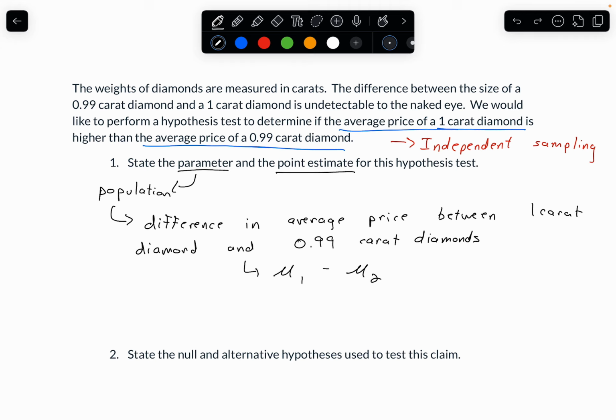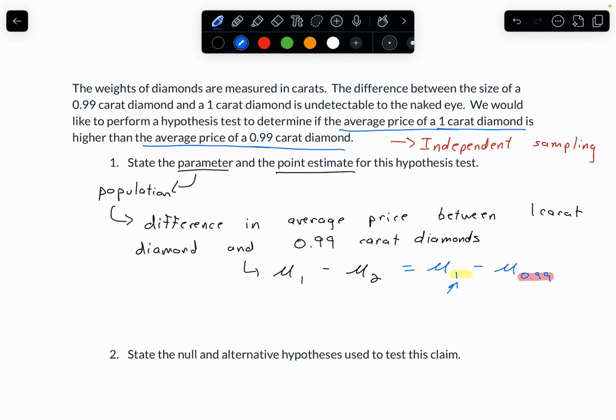and then we're going to subtract those two values. For our specific purposes, I never really like to use 1 and 2 within a problem because I like to keep track of which one corresponds to which population, and that can be difficult to do here. So I might say we're going to call mu sub 1, we'll use that for the 1 carat diamond, and the difference between the average price of a 0.99 carat diamond. So I'm using the subscript 1 for the 1 carat diamonds up here, and I'm using my subscript 0.99 for the average price of a 0.99 carat diamond. That's how I'm going to keep track of them throughout this problem. So there's my